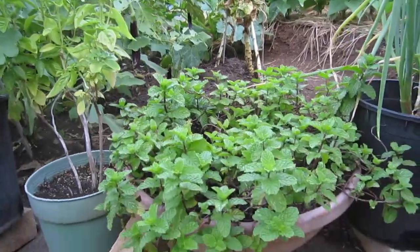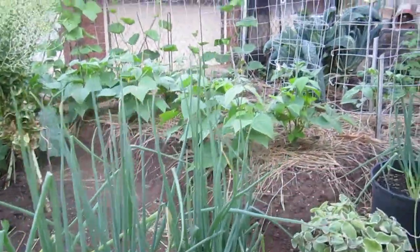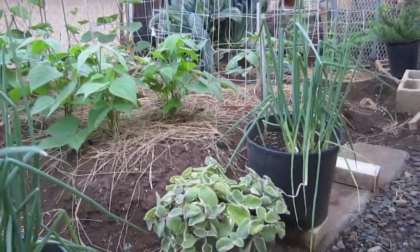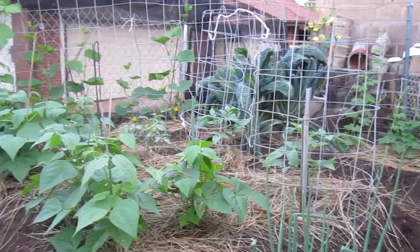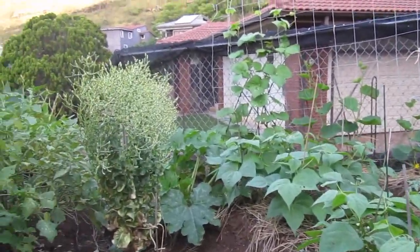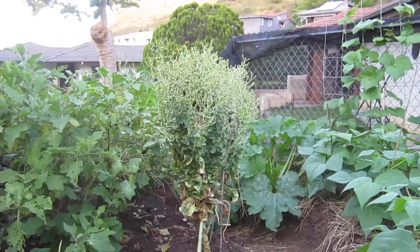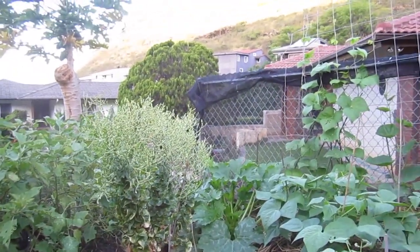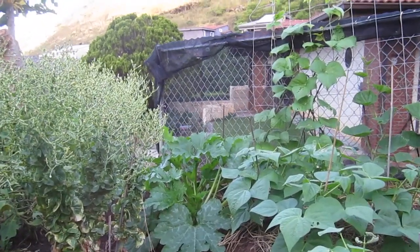mint, green onions, some oregano, and here you have some manoa lettuce from the previous crop they're going to seed. Beyond that, a big zucchini,